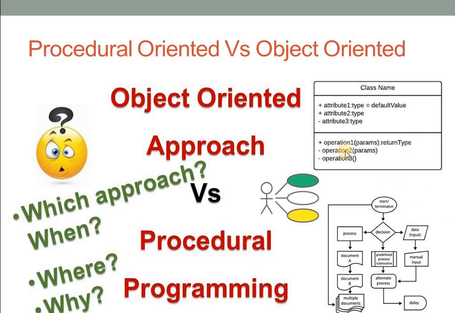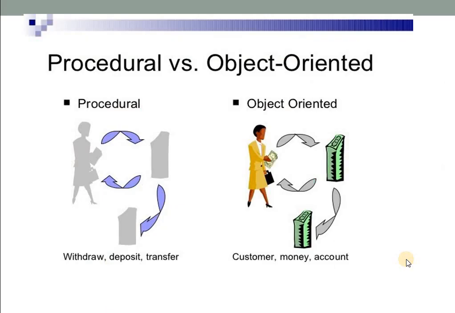Before getting into these class concepts or flowcharts, I'm taking you to a simple example. Here you can see a lady is withdrawing money from the ATM machine. And I'm going to explain it with two concepts, procedural as well as object oriented. In procedural, if a lady is withdrawing amount from an ATM, importance is given to the procedures like withdraw, it is a procedure, deposit amount in an ATM, that is a procedure, transferring amount through ATMs, that is also a procedure. So the procedures are only concentrated in procedural oriented programming language.